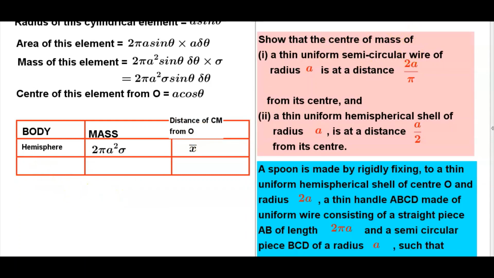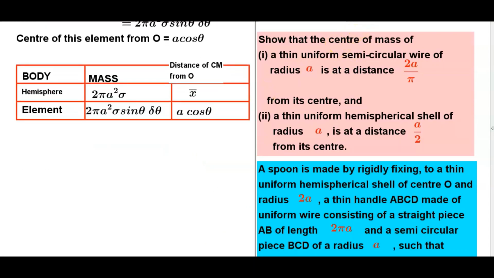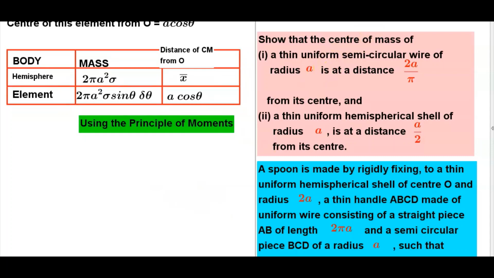Then a small element, as a cylinder. The mass of this small cylinder element is 2 pi A square sigma sin theta delta theta, and its center of mass is at A cos theta. Using the principle of moments, mass into center of mass for the hemisphere, that means 2 pi A squared sigma into x bar is equal to